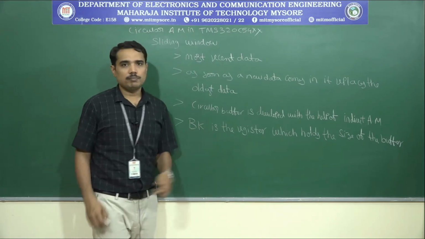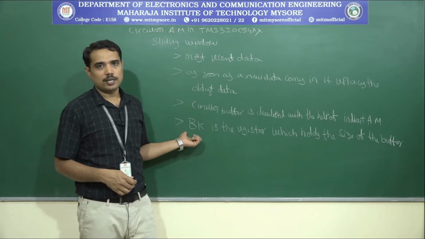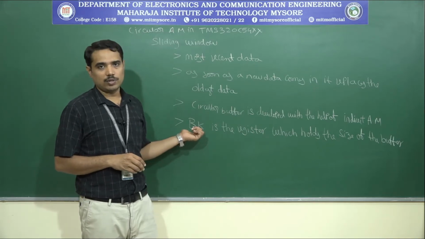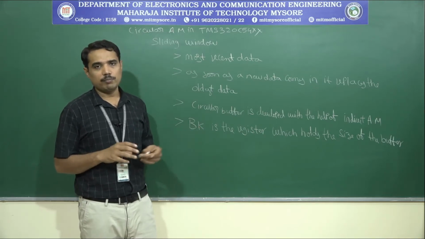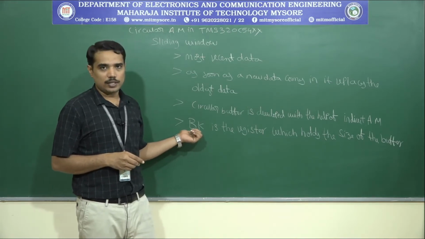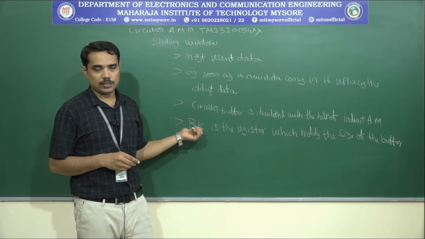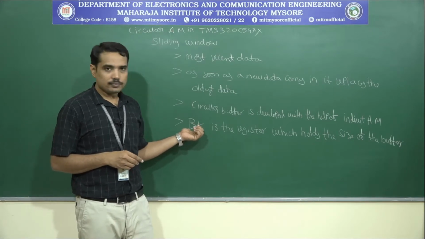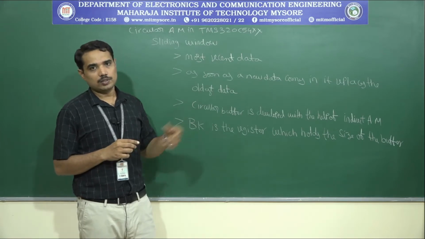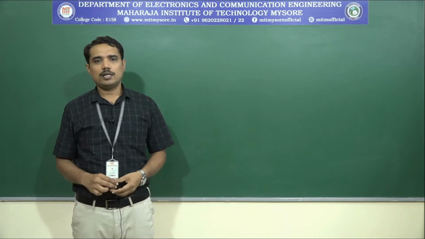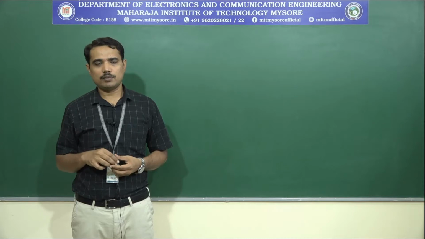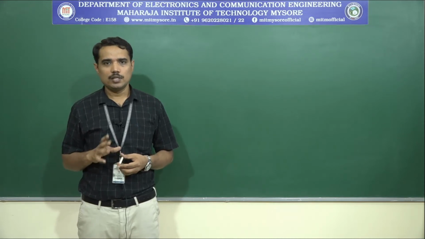And this register BK is on an n-bit boundary. The address of the circular addressing mode lies with respect to the n-bit boundary condition. That means here, if we are going to treat the value with respect to a 16-bit value, then the n LSBs are fixed to 0. The circular buffer must start on an n-bit boundary. That means the n LSBs of the circular buffer must be equal to 0.